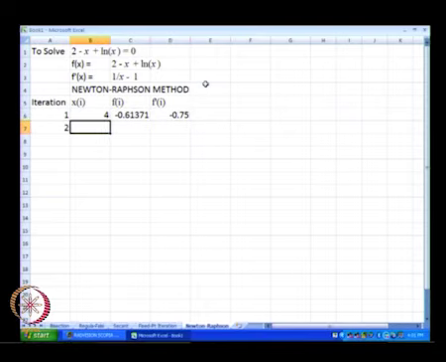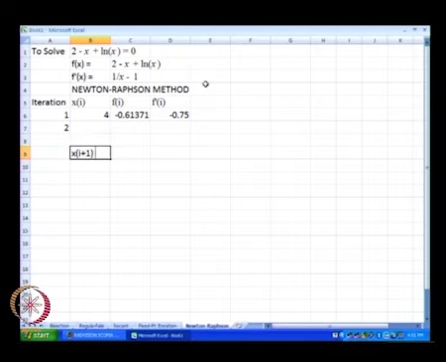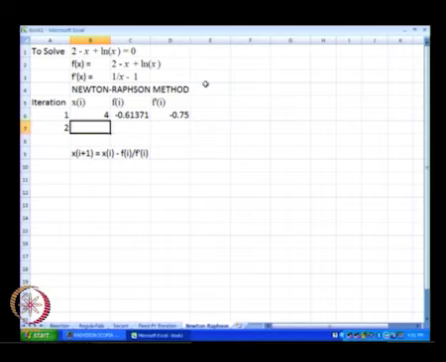In the second iteration, our x of I plus 1, I will just write that equation down over here, which we had just computed on the board. It is xi minus f of I divided by f dash of I. Okay, again the Newton-Raphson is also fairly simple to implement in a relatively simple one dimensional problem like this. So x of I plus 1 is nothing but x of I minus f of I divided by f dash of I, okay.